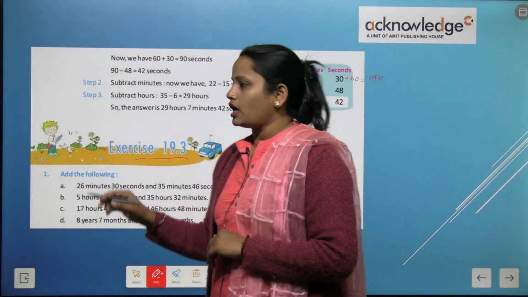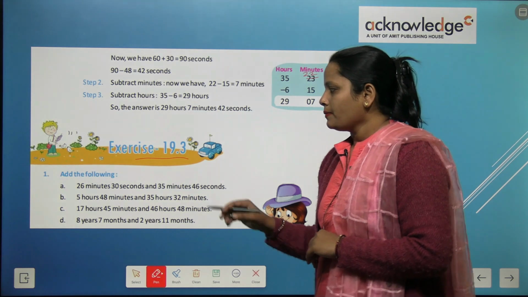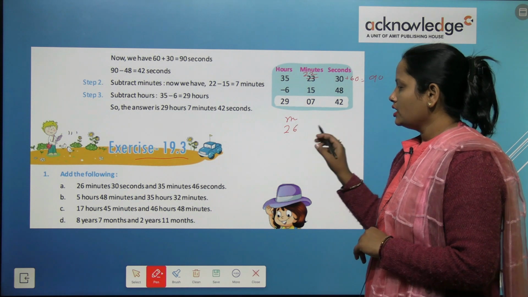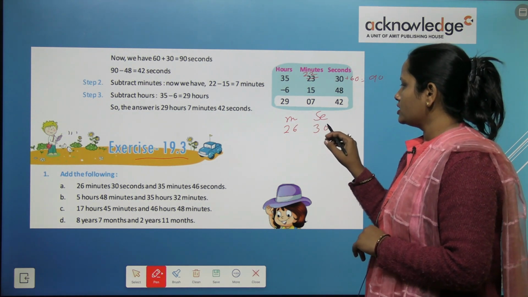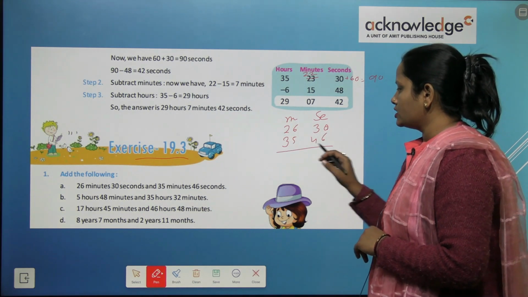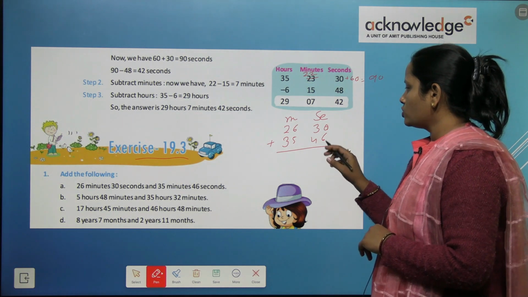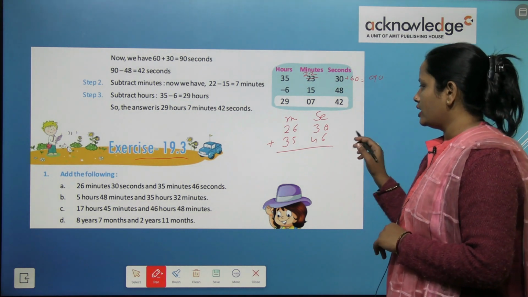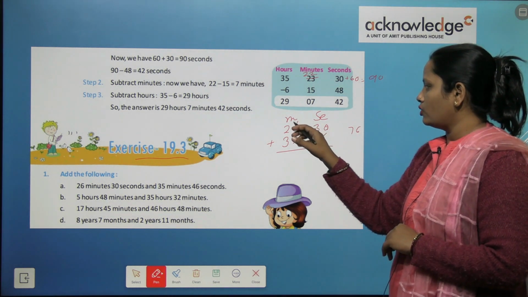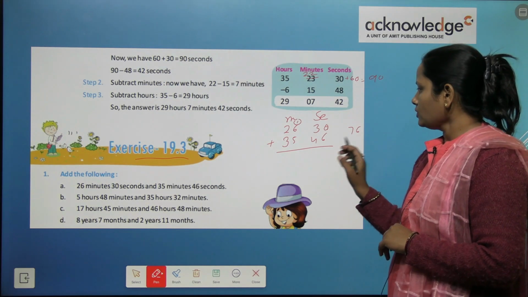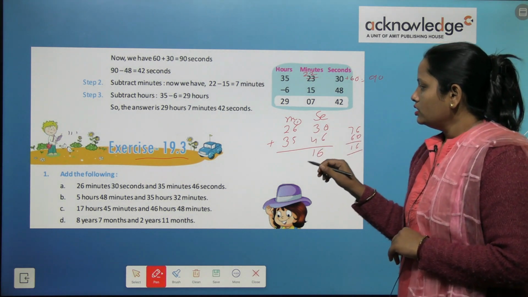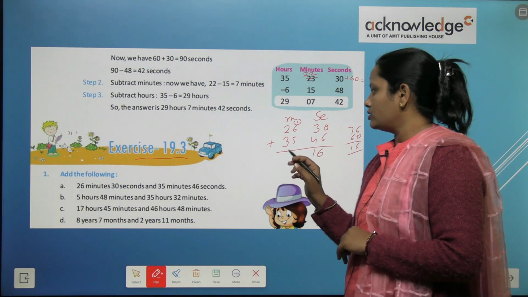So with this, let's start exercise number 19.3. Here we have to add these numbers that are given here. 26 minutes and 30 seconds is written here. We have to add 35 minutes and 46 seconds to this number. So when we add these numbers, we get the answer 76. So 76 में 1 minute will go here and बचा हुआ जो हमारा है 16 that we will write here. Now 6 plus 5 plus 1, so it will be